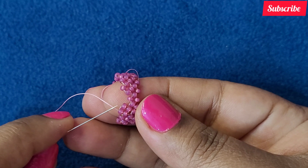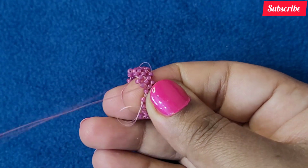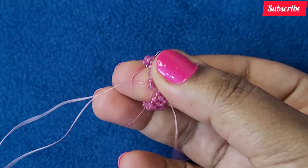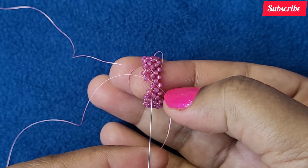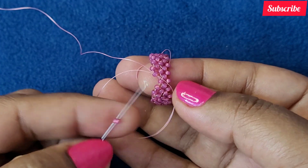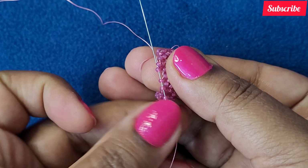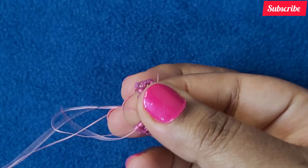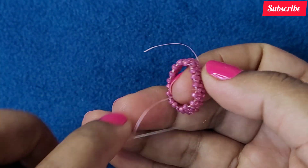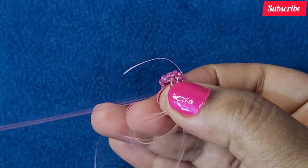For this, as you can see, I'm exiting through this 11-0. I will go down through this 11-0 and into this one. In our last raw component we already have 3 11-0s. You can see this 1, 2, 3, we already have 3. So here we are going to pick up only 1 11-0 and pass through all these 3 11-0s like this. And here we have completed our ring,